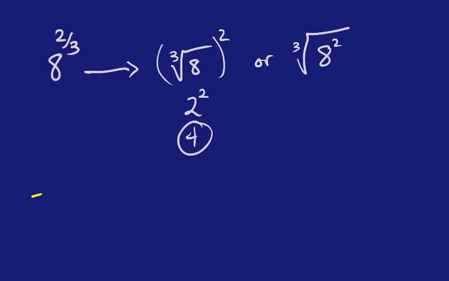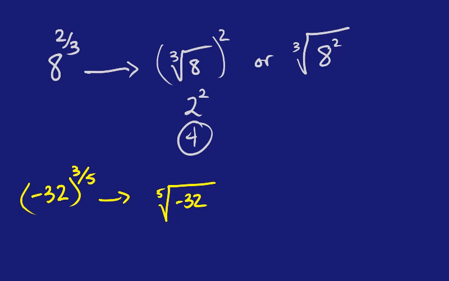negative 32 and then to the 3/5. So we could write it this way. You would write it as the fifth root of negative 32 and then raised to the third. So can I do the fifth root of a negative? The answer is yes, because it's an odd index, and so it just means your answer is going to be